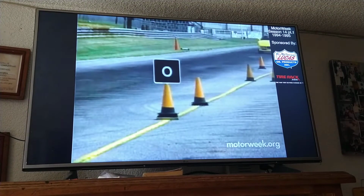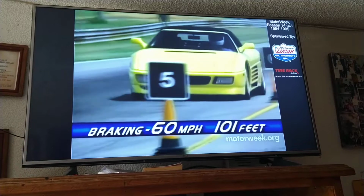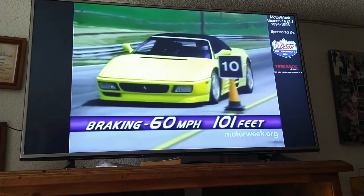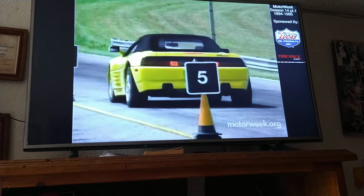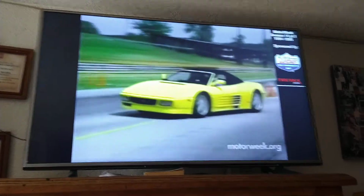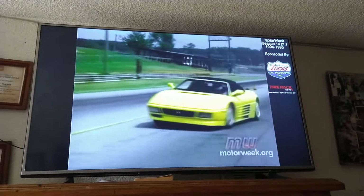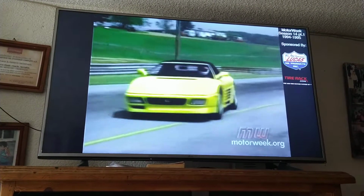The 348 Spider stops as well as it goes, averaging a stable 101 feet from 60, thanks to its 4 anti-lock equipped discs. And as with the shifter, some serious muscle is required. Ferraris are not cars for people with weak legs or weak shoulders. Our drivers needed all of their strength to wrestle the Spider's massive cornering abilities through the heavy manual steering and